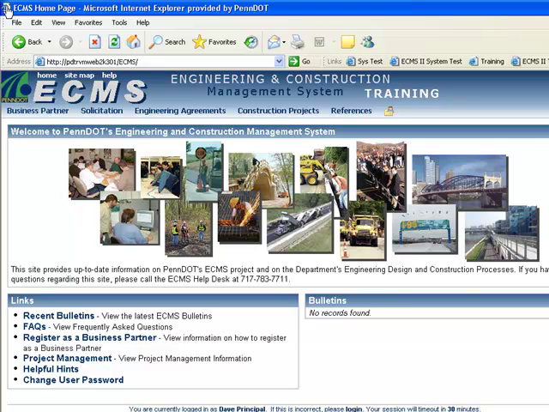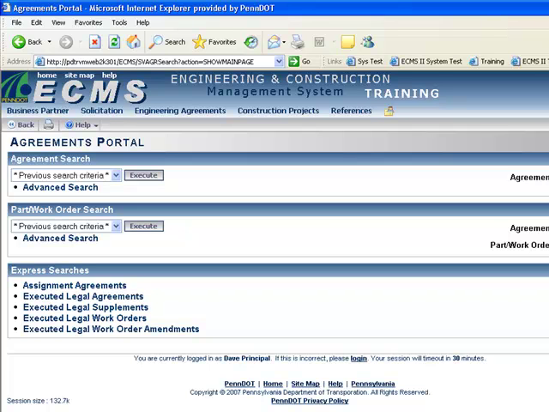So from here, I'm actually going to go to an agreement. I'm going to go to Engineering Agreements in the menu bar and select Agreements. And I have an agreement I'm going to go to. I know the agreement number, 27, so I'm entering that in the quick jump field. And I'm going to hit the Enter key on the keyboard, and it's going to take me to my agreement